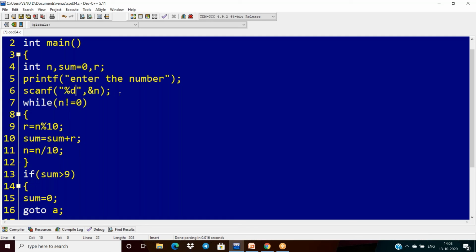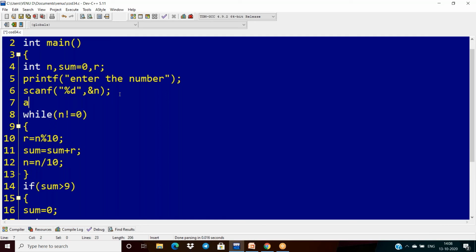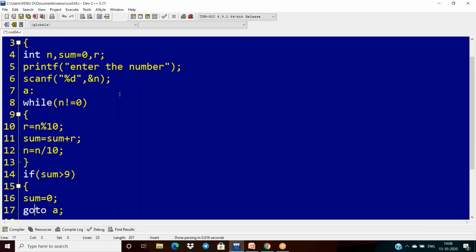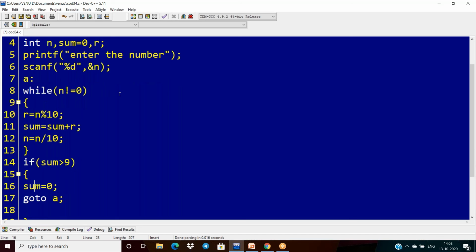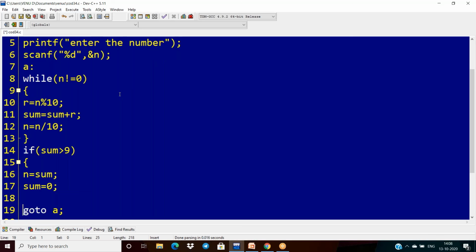So I have to take the label after this while loop here. I'm considering this as my label and I'm calling this label. First, you can assign your sum into the n and sum is equal to 0.